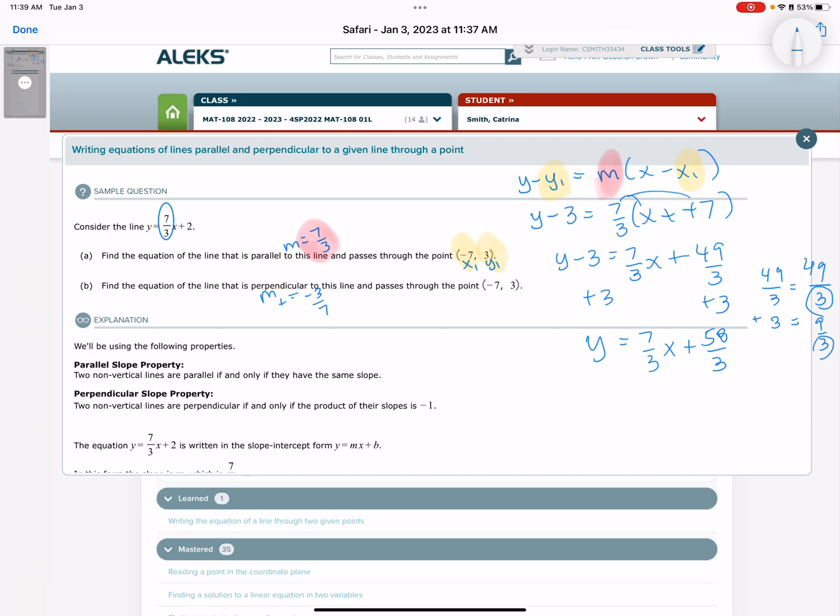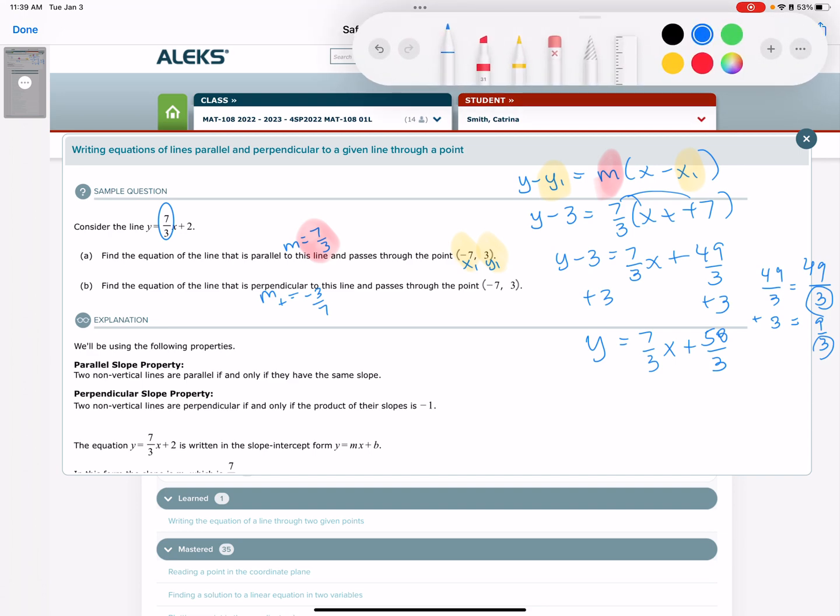So that's my equation. You're going to do the same exact thing to this equation, except the only thing that's going to change is